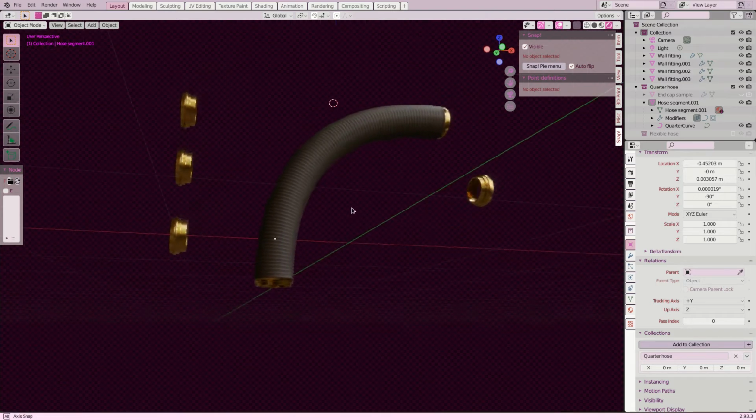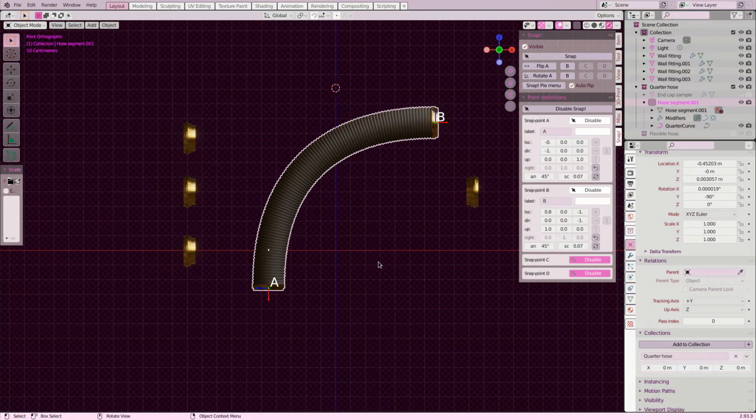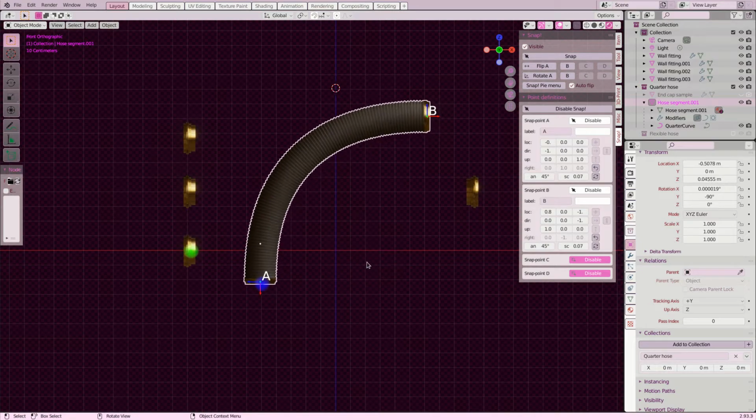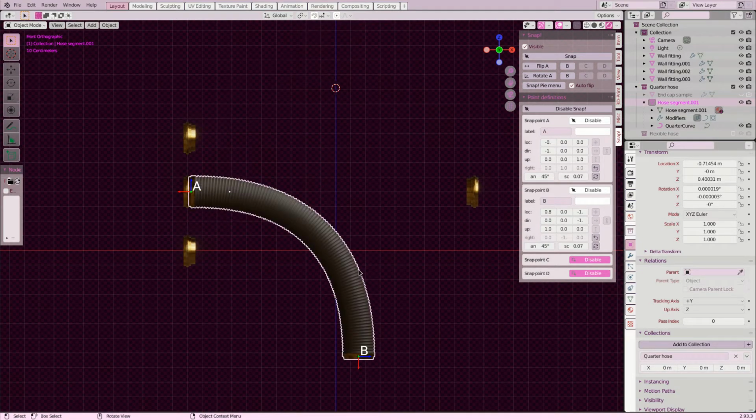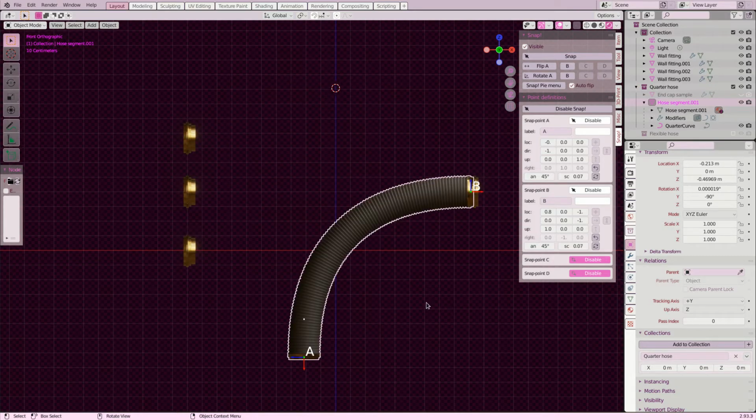Welcome. In this quick tip video, I want to show you how you can add snap points to flexible curve objects. You can add snap points to any object, so even if you use array and curve deform modifiers, it is not a problem to define sensible snap points. With this quarter turn pipe segment, we did just that and positioned the snap points to coincide with the centers of the end caps, so we can simply snap the whole object to other snap points.